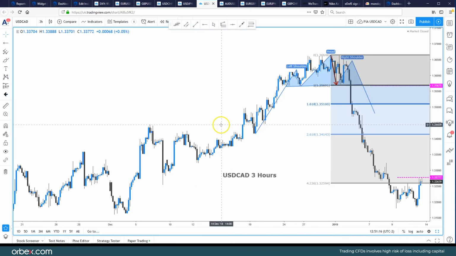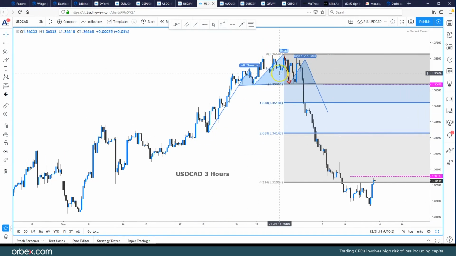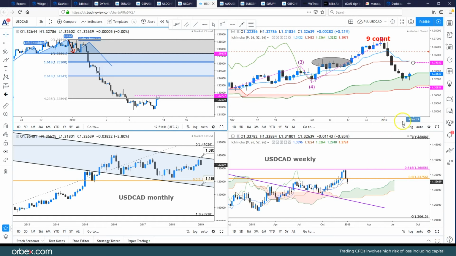If we look to the 3-hour chart, we've overextended. We've gone through the 423.6% extension at 132.60, and then we've seen a double bottom. We've also seen a break of the previous swing high, so that double bottom is now deemed to be in place. We've got previous swing high at 133.22. I think the corrective extension could go a little bit further than that, and in fact, if we look